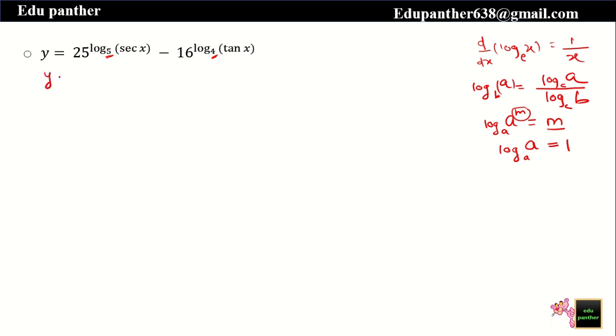So y is equal to... now what we can see here, your base is 25 and the base of log is 5. So first we should think, is there any relation between 25 and 5? Similarly in the second term, is there any relation between 4 and 16? Yes. So 25 can be written as 5 square. So this can be simplified as 5 square, this 25 is 5 square, and